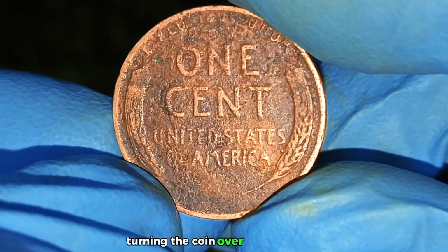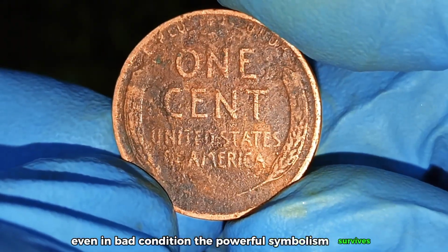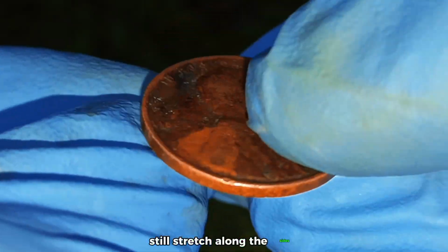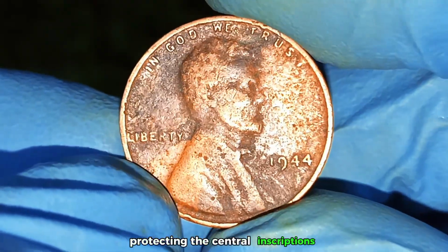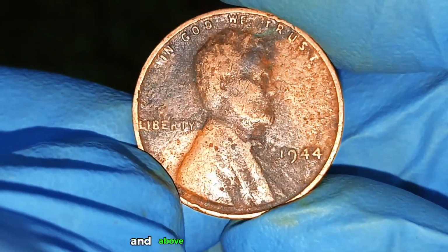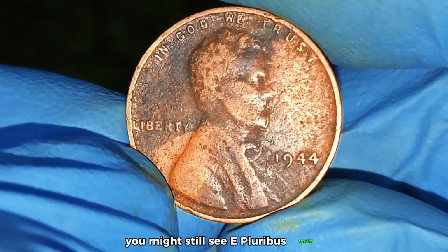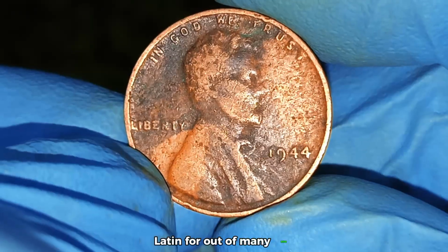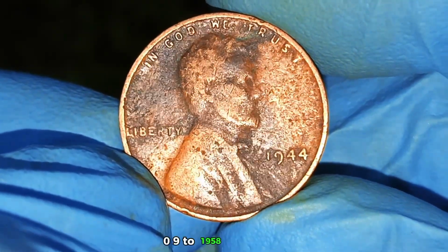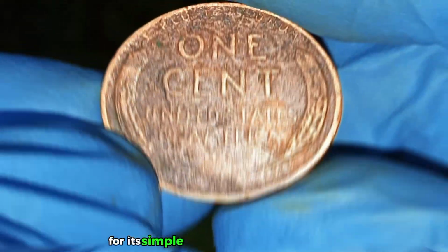Turning the coin over to the reverse, even in bad condition, the powerful symbolism survives. Two wheat stalks, though worn, still stretch along the sides, protecting the central inscriptions, "1 cent" and "United States of America." And above them, in small lettering, you might still see E pluribus unum, Latin for "out of many, one." This reverse design, used from 1909 to 1958, is a classic, beloved by collectors worldwide for its simple elegance and